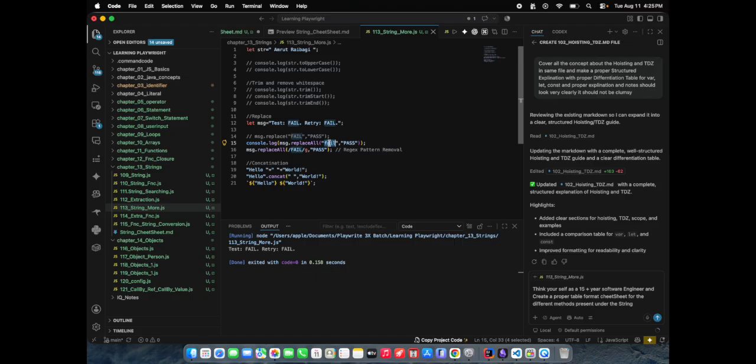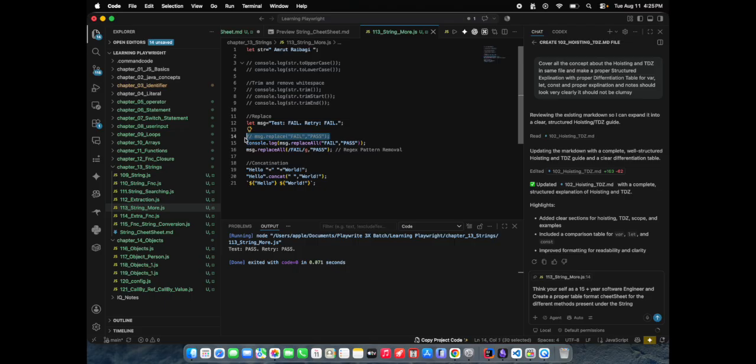So this is case sensitive, it is not updating this one. If I make it fail, it will change it to pass. So whatever the string is, it is case sensitive. If you change it to a different case, it will not update. Keep this in mind.